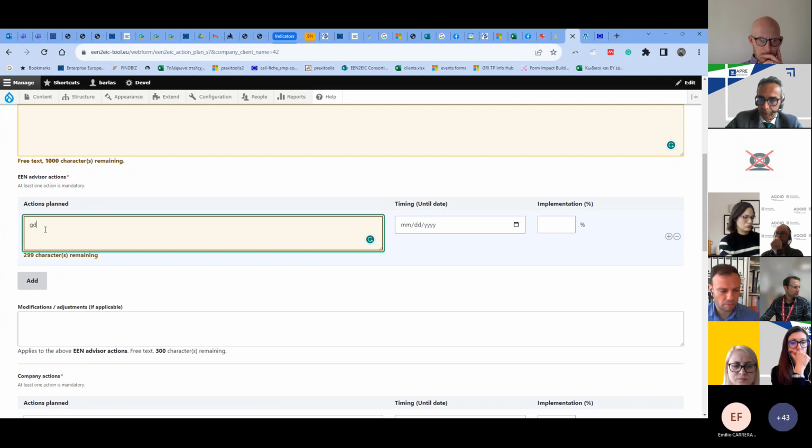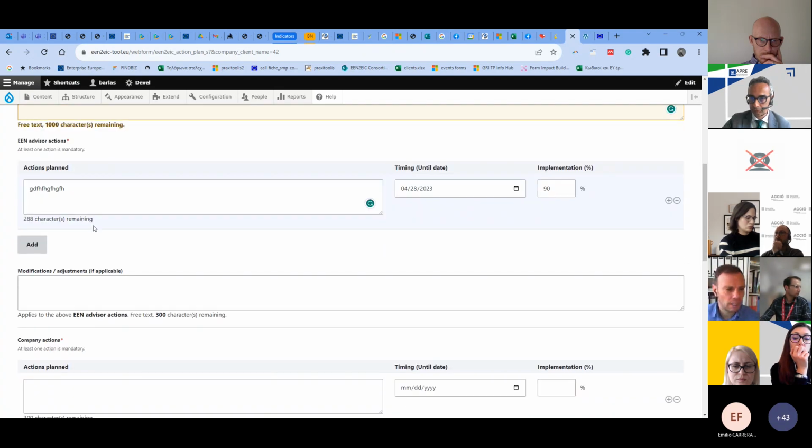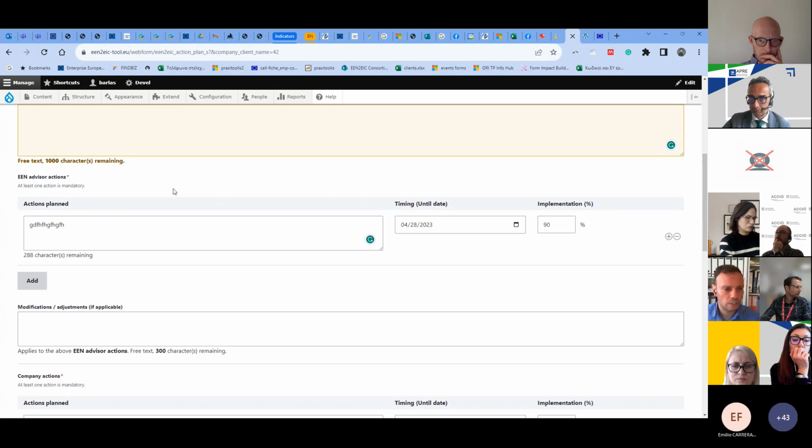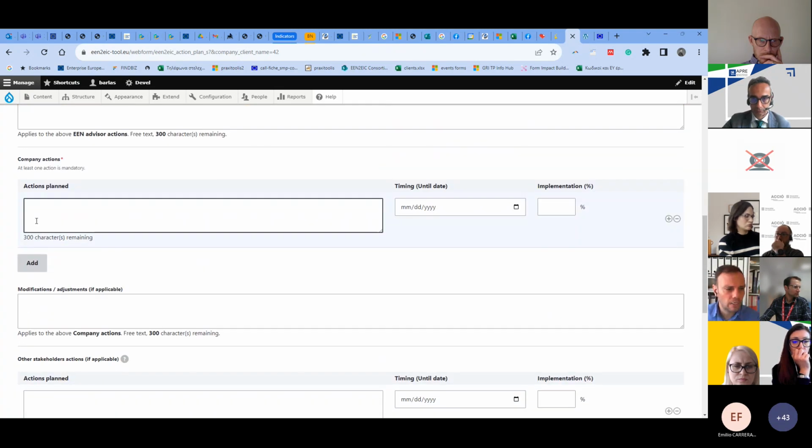So actually, we provide some information here. Also, the deadline. So these actually are your actions. And here also you could update the implementation and the status. So this is what we're supposed to do. And if we go to the next field, we have here to provide what kind of information or actions we